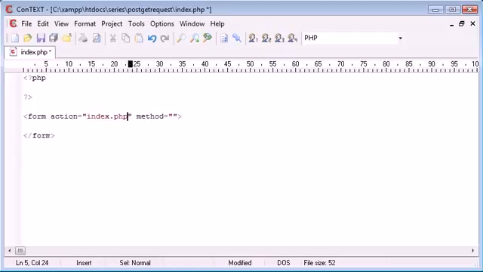In this case I'm staying on exactly the same one, so we're submitting all the data inside this form to index.php. The method though, instead of get, is going to be post, and this automatically means that the data is going to be sent as post, not as get. So let's say password,